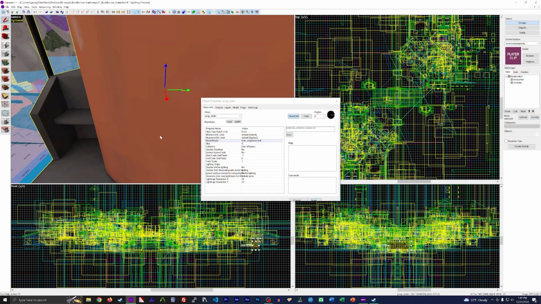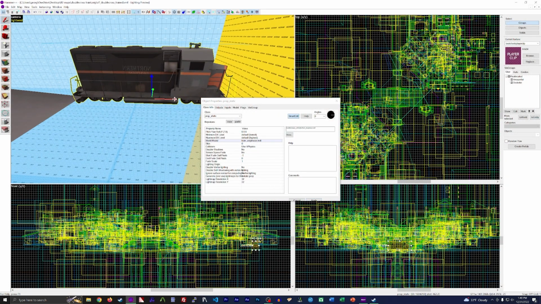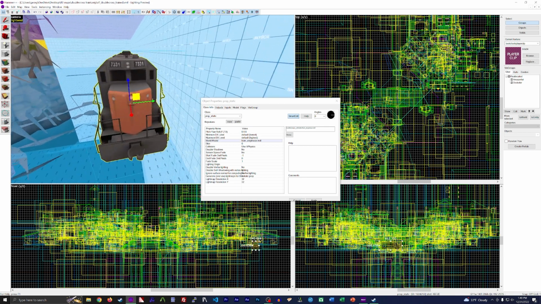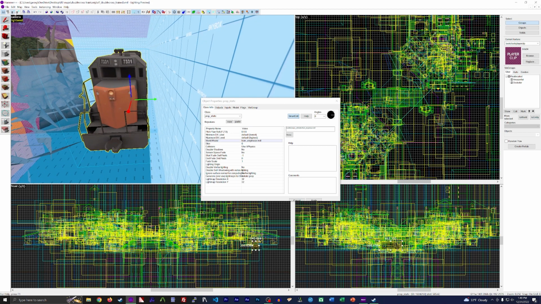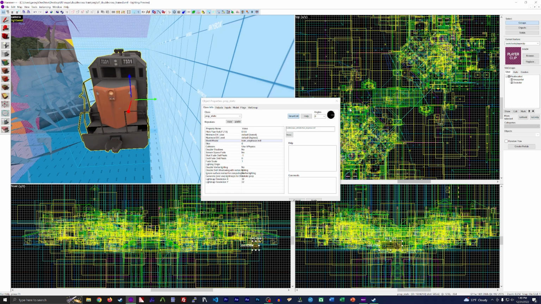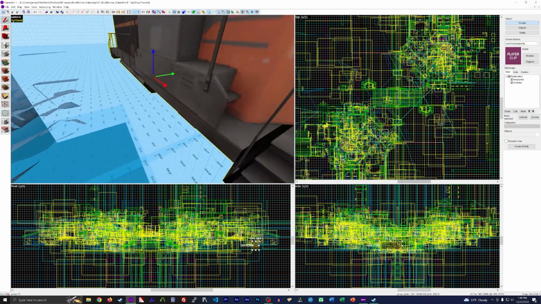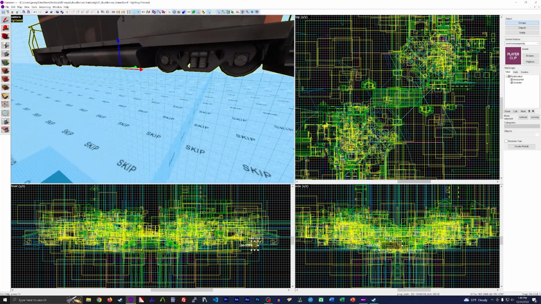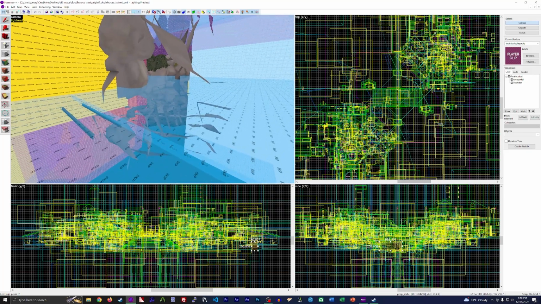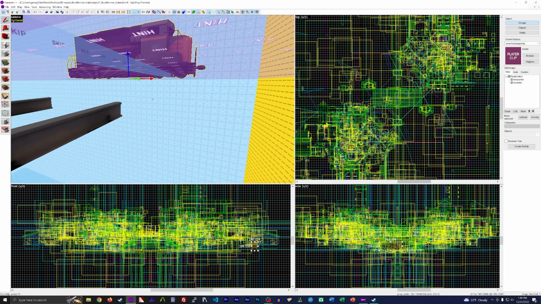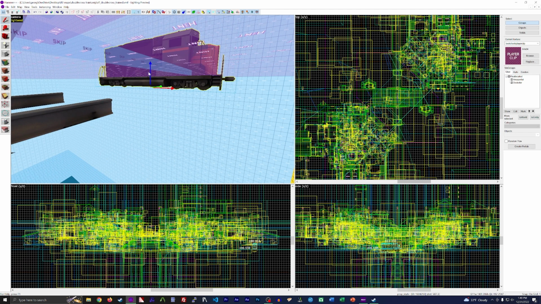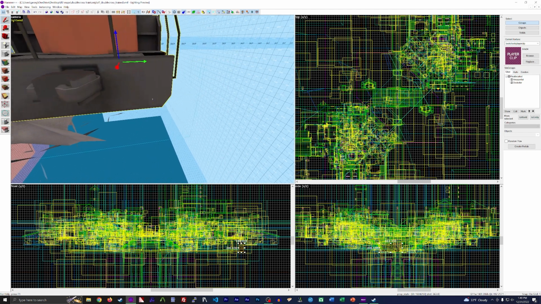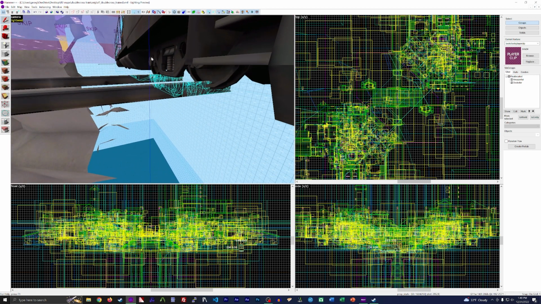Here it is. Turn my grid all the way down to 1, so I'm working with models. Just down a bit. I'll want it the same height as the tracks, and I'll do the same thing for